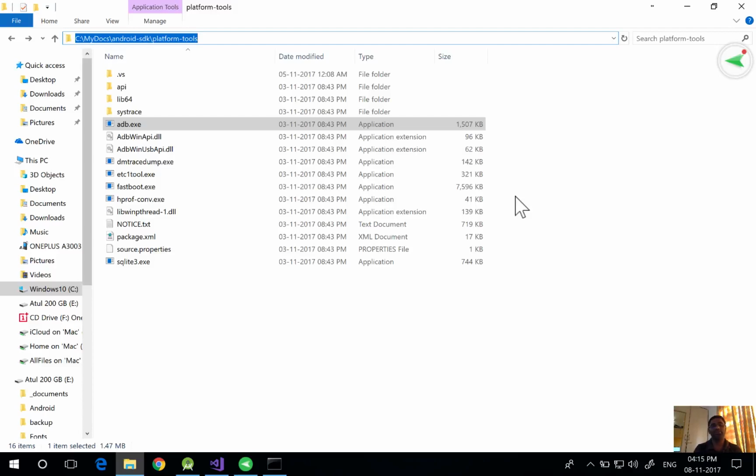So to add ADB to the path, first locate your ADB file. It comes with Android SDK and it is under the Platform Tools folder. For example, in my case, it is located in C drive under the folder structure My Docs, then Android SDK, then Platform Tools. So now that I have located my ADB file,